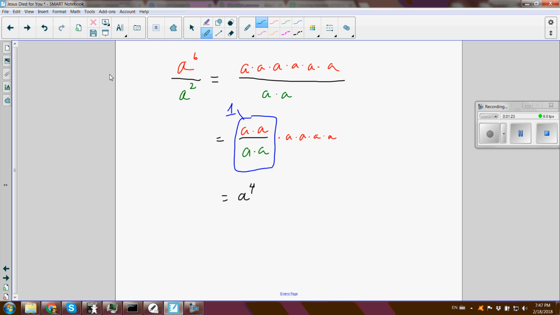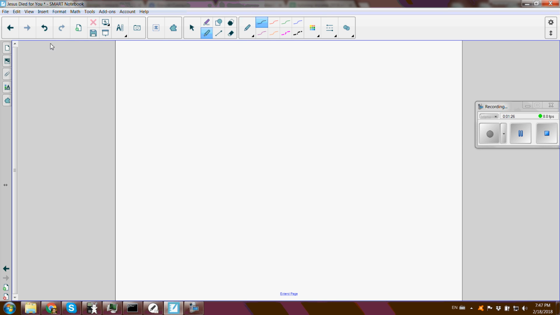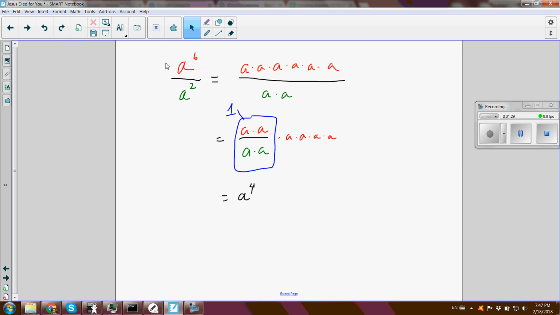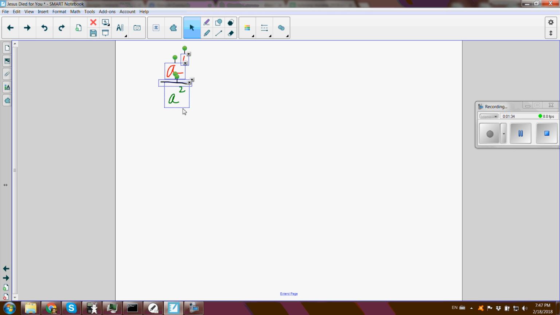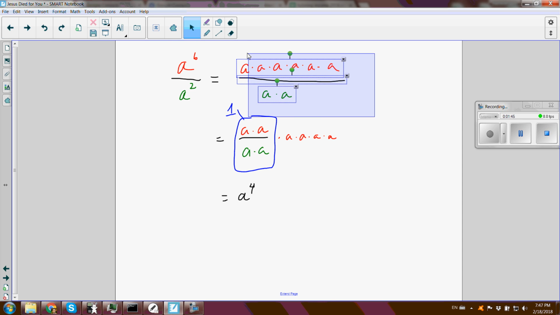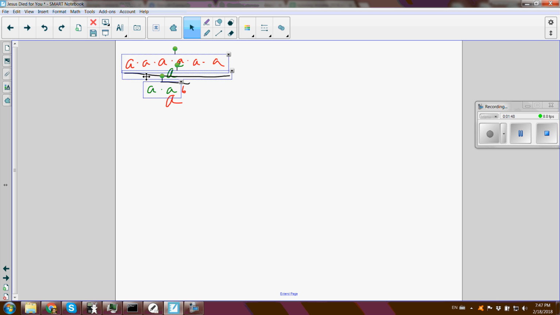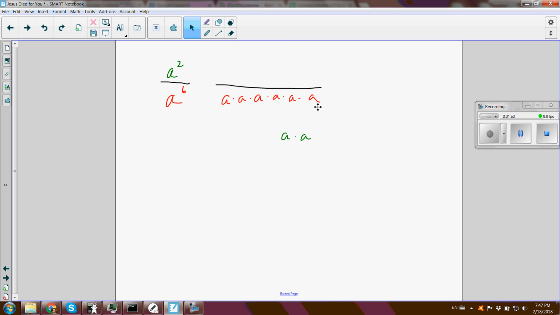All right, well, what would happen if we turn things around? If we put the a squared in the numerator and the a to the 6th in the denominator, that shouldn't be too crazy. We just flip this over. Okay, now see what we have is the a times a over